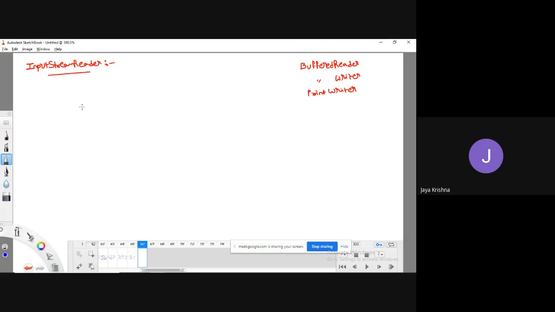This class is an extension of the reader class. The name itself has clear-cut understandability. Input stream reader class is an extension of the reader class. That is what I have shown in the hierarchy also. The main purpose of the input stream reader class is that it is used to convert data which is in bytes to data in characters. So this is the purpose of input stream reader.